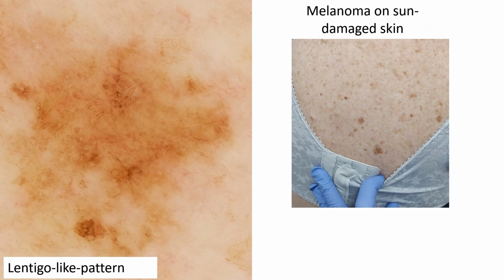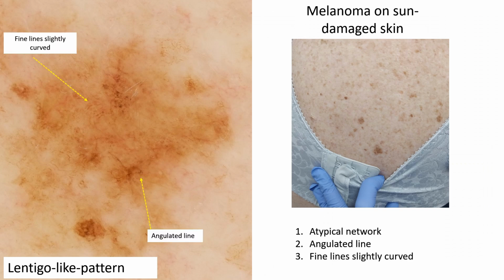In this case, very subtle, but again, we see these fine lines, slightly curved, and a couple of angulated lines. And it has features which overlap with a lentigo, in this instance, a melanoma on